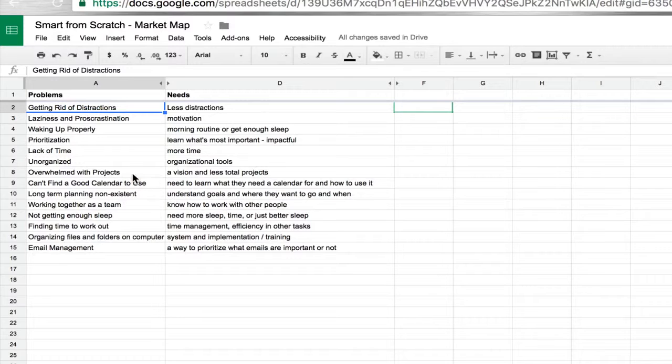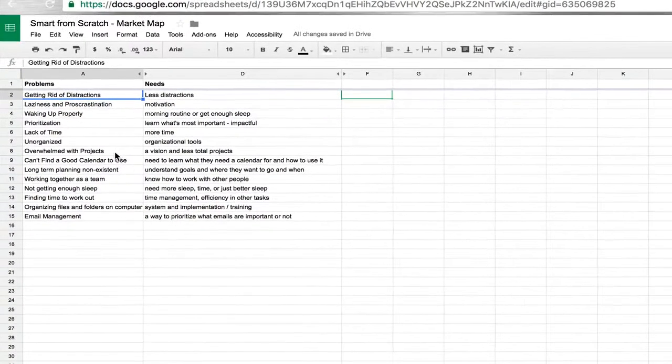Okay, so as you can see here, I filled out as many needs as I could, and I was actually able to get one for each problem. Sometimes you might not be able to determine what the needs are, but that's okay. Just get as much as you can get done. And some are more descriptive than others. Again, you just want to know what that need is. That need is very important because that's the bridge between the problem that you know and the solution that you're